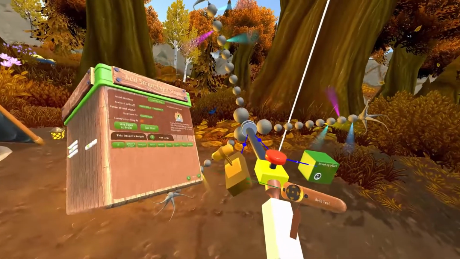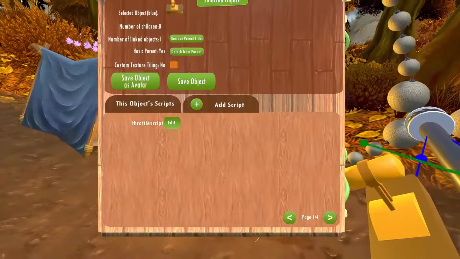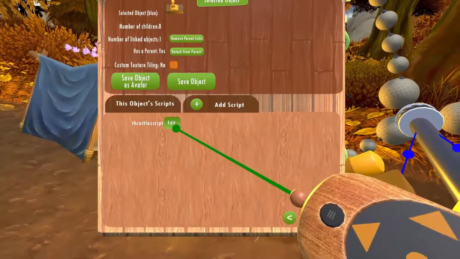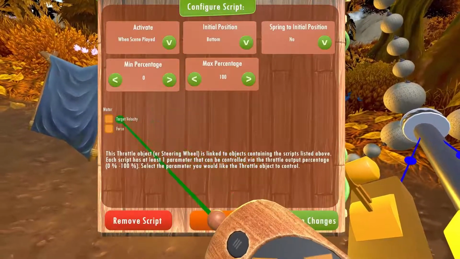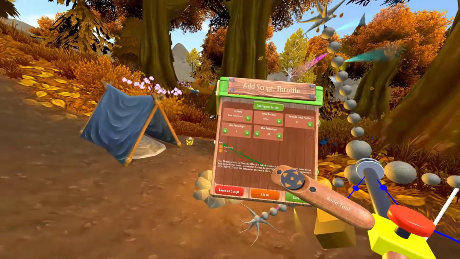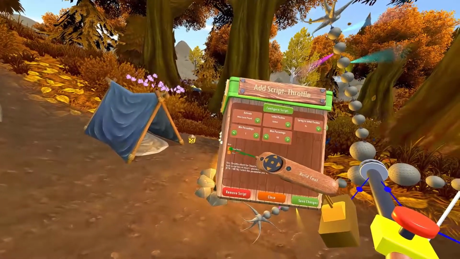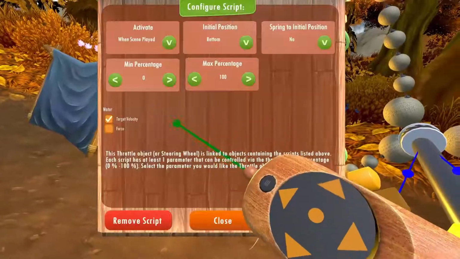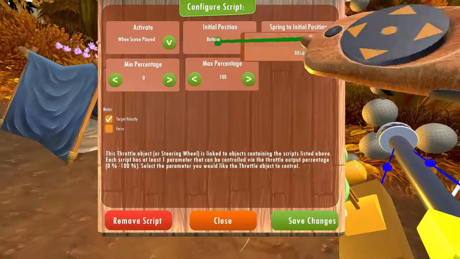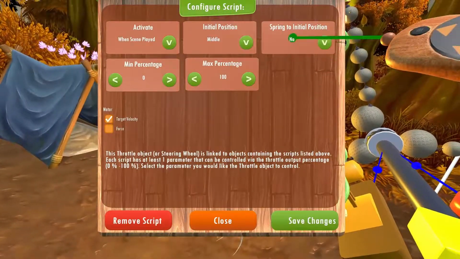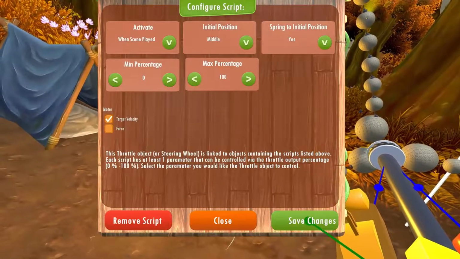Okay, and so when I do that, you can see the throttle, and I select the throttle. I can edit the throttle script that's attached to it. And because it's linked to the motor, it exposes some of the properties of the motor that can be controlled. So I'm going to select target velocity here. Okay, there we go. And so I'm going to set initial position to middle and spring to initial position yes. I think that is what we want. So I'm going to save the change here